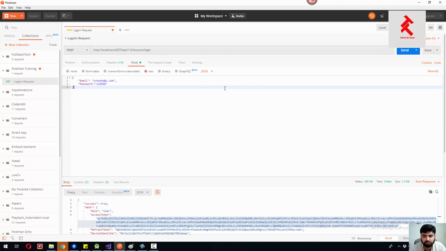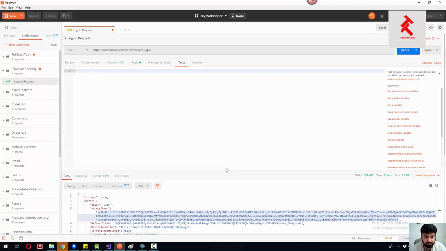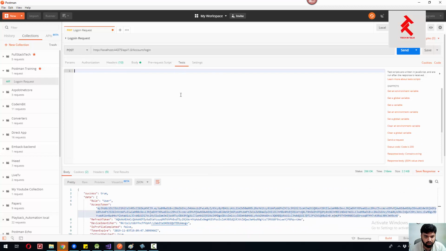So this is how we can add a request inside Postman. We can run this request, we can add the model. We can save this request inside a collection. And yeah, let's jump into the test tab. What does this test tab do? Okay, so